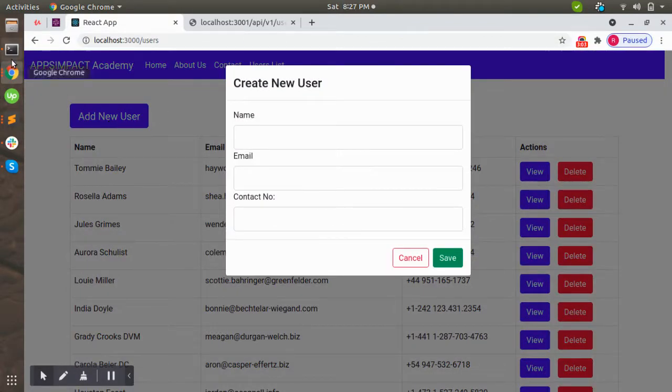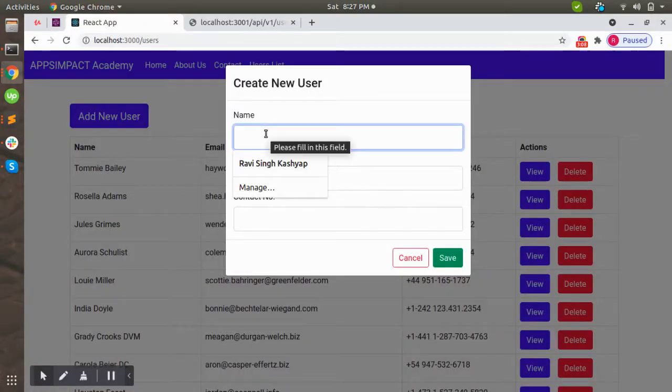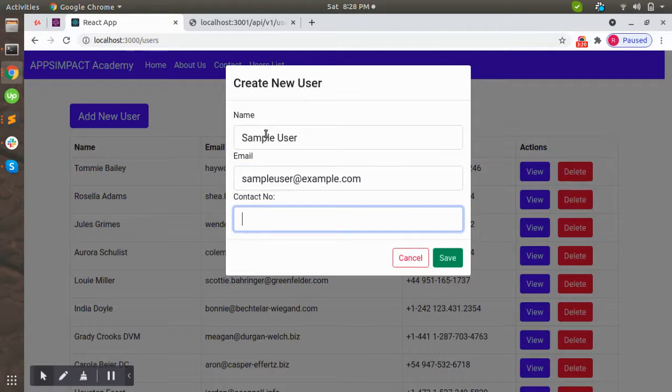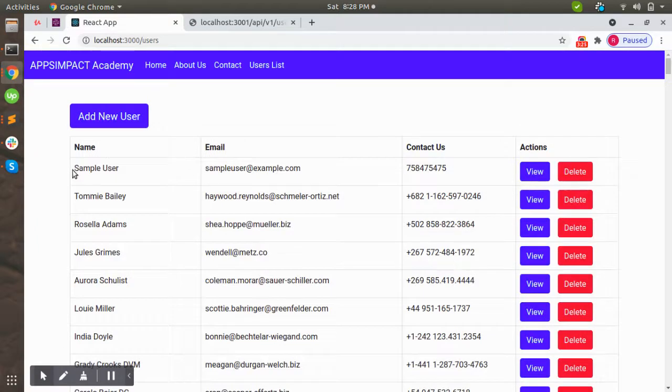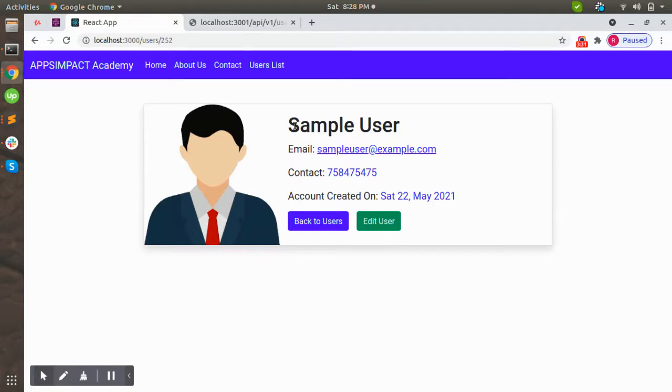You can see the modal pop up here to create data. Let me make some space here and add some data. Here I entered some information, some dummy contact number, and you can see this record here. This is the sample user data. For the image, you don't need to worry that I haven't provided an image here. This image is static, but it is coming from the database, not from the React component.